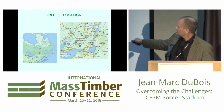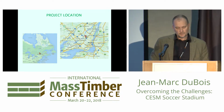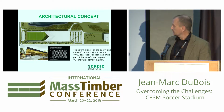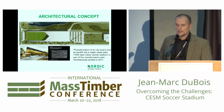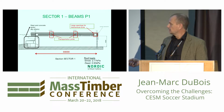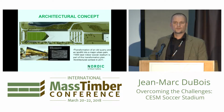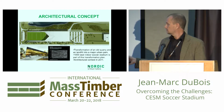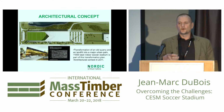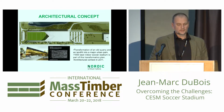So that's the North Island. Our office is actually just out here, south part of Montreal. The project itself is on this site, and the design was really driven by looking from across the street at the shale strata. And the architect looked at the shots of quartz through the shale and came up with this look. And so that really is what informed the visionary process of defining the roof system for this massive soccer